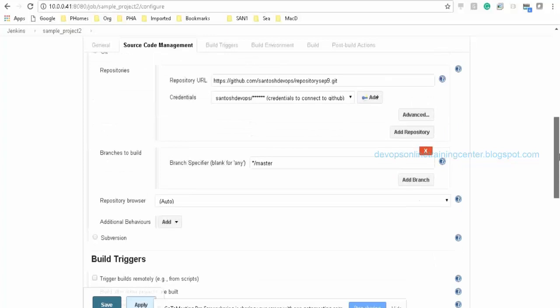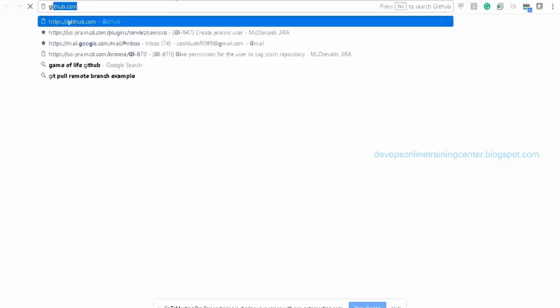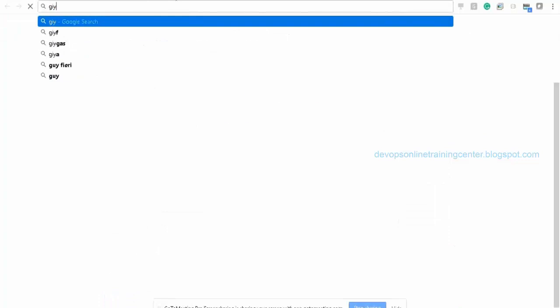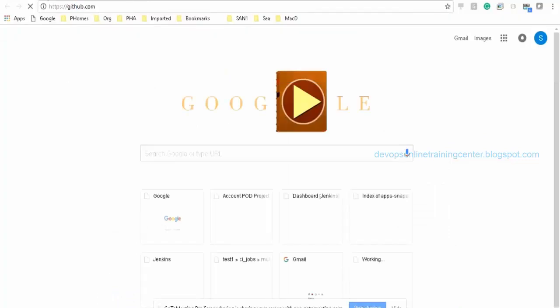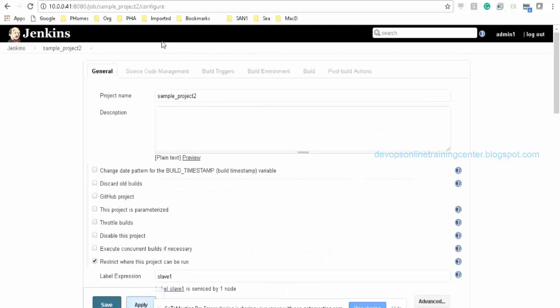This is the one where I have given my GitHub repository. The job means the build job under this project, right? This will be triggered.